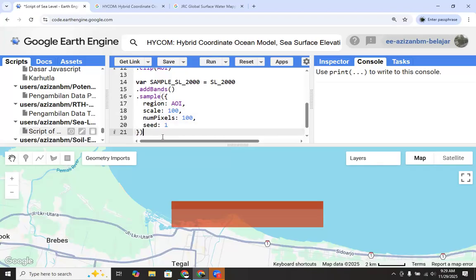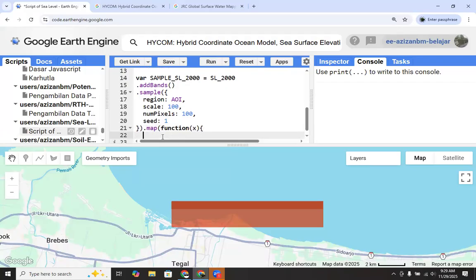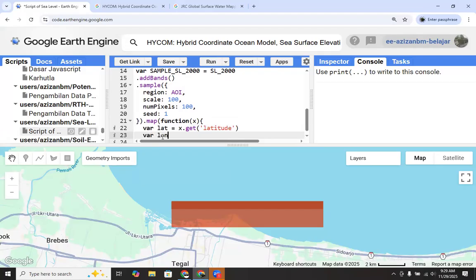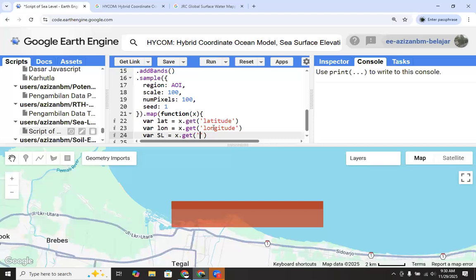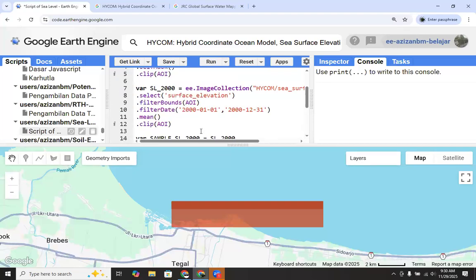You want to sample the latitude, longitude, and the sea surface elevation on the sample point. Just the sea level based on the surface elevation band.